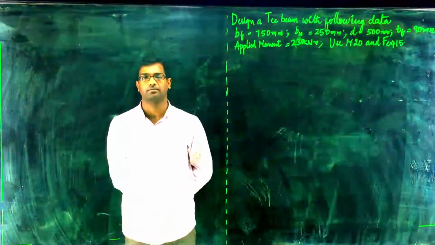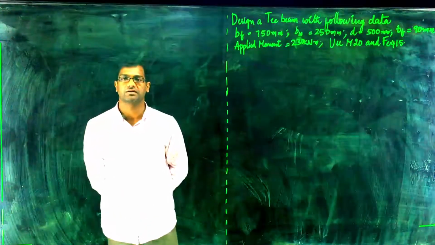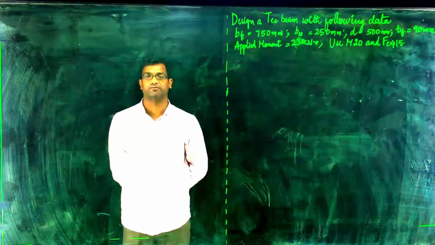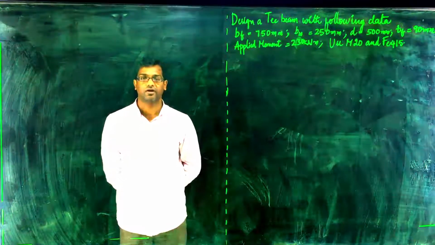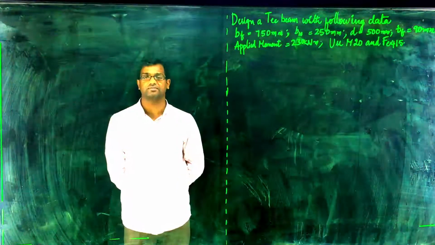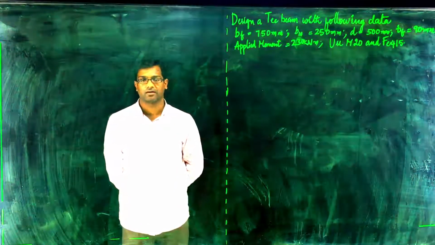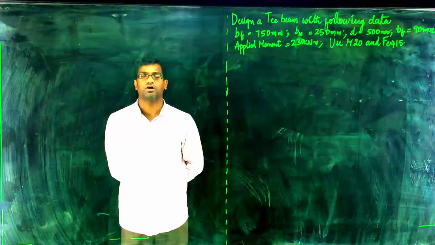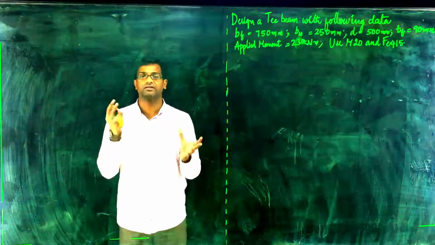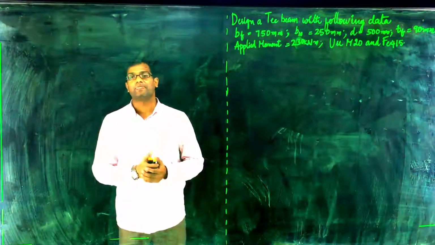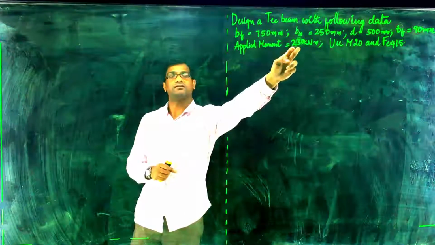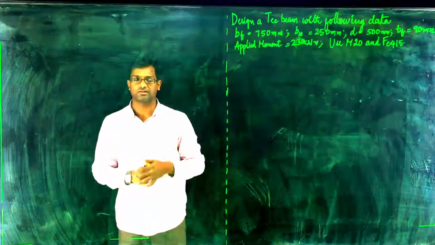In the previous problem, we discussed the design of a T-beam, assuming that the neutral axis is within the depth of flange. And today we are going to discuss the design of the beam if the neutral axis depth is within the web. In order to estimate the neutral axis depth, whether it is in flange or web, we need to correlate the moment of resistance of the rectangular section with the moment applied on the beam. Like here it is 230, in the previous case it is 130.